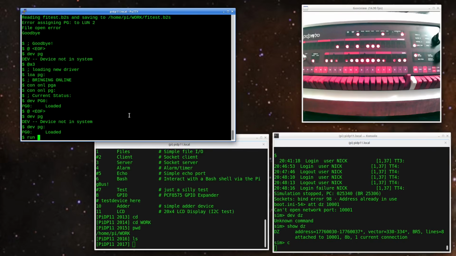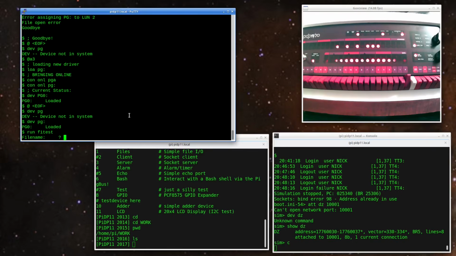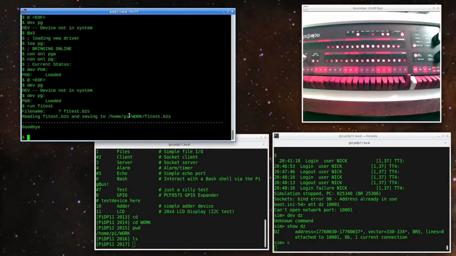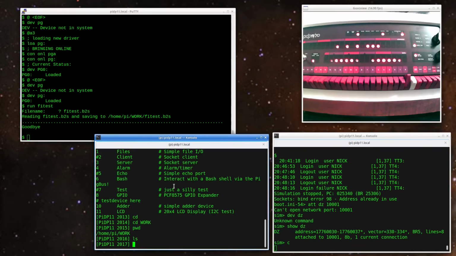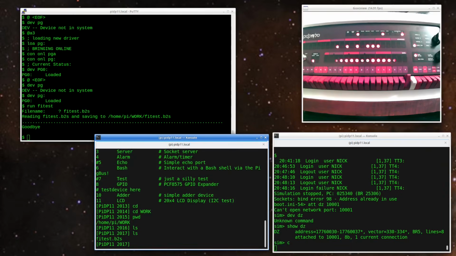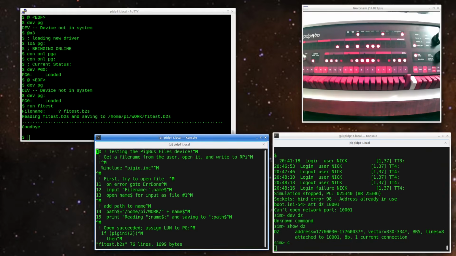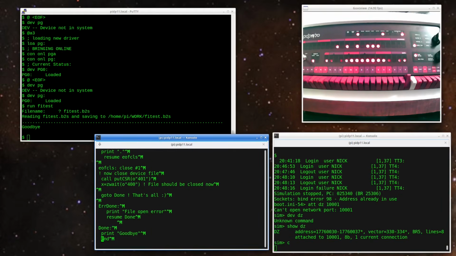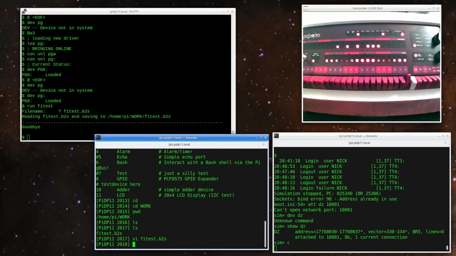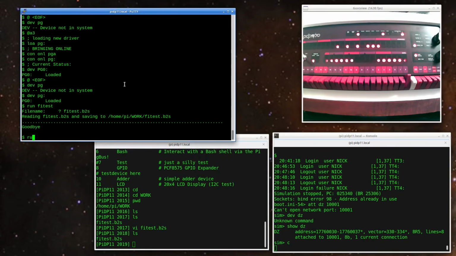So now I can run file test, and I can say file test.b2s, and it goes ahead and pumps it in. And if I look down here, I've got a file test.b2s, and that's the program that I just specified up here. And it's got control M's on the end because that's what RSX11 used. So I can run this again,